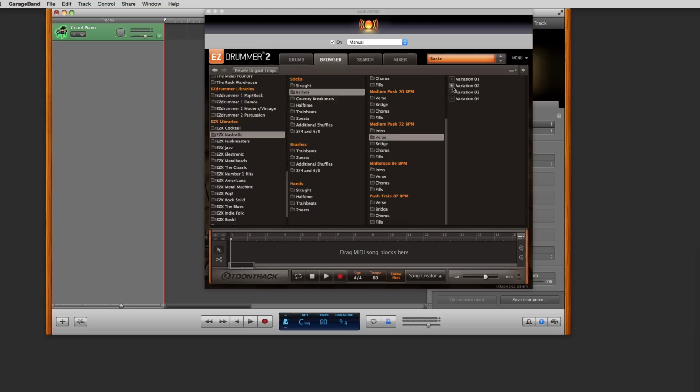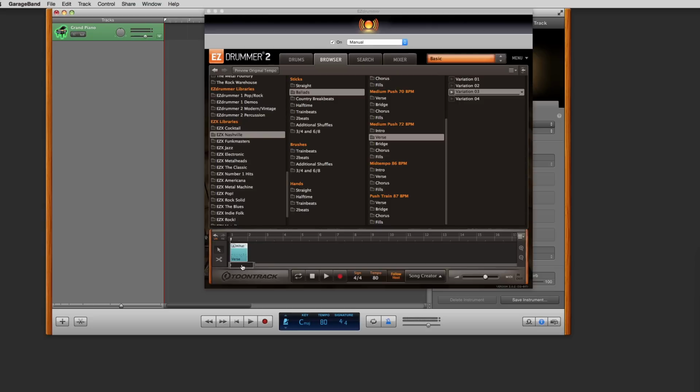Let's have a look at one of these. That's pretty nice. I think I like 3 better. All right, so I have one simple groove that I'm going to use for this simple backing track. Now, one way I can build this now is to drag it onto this timeline